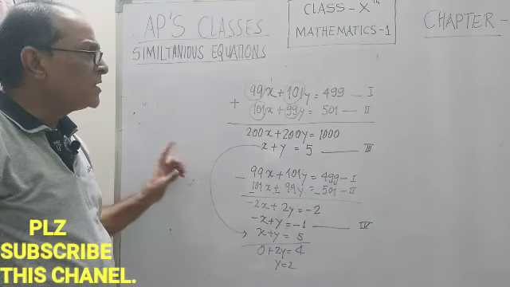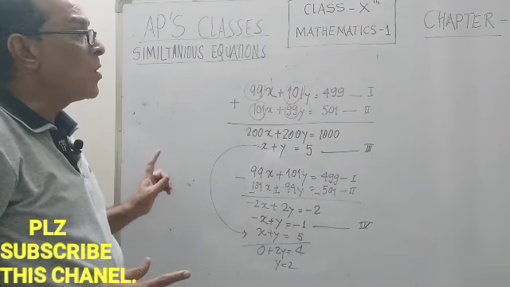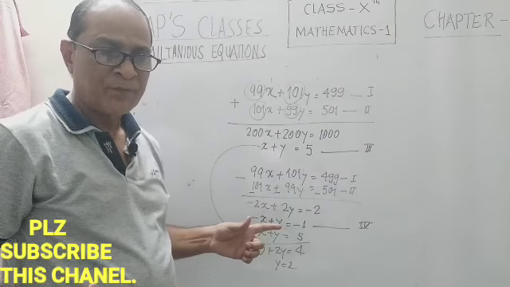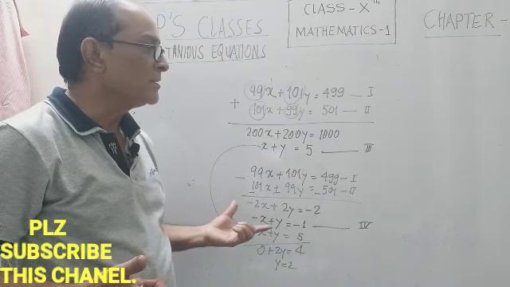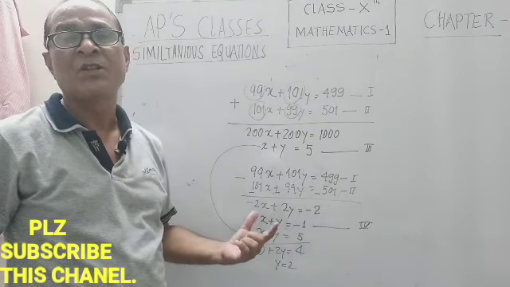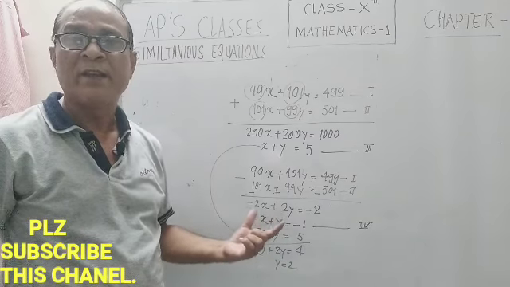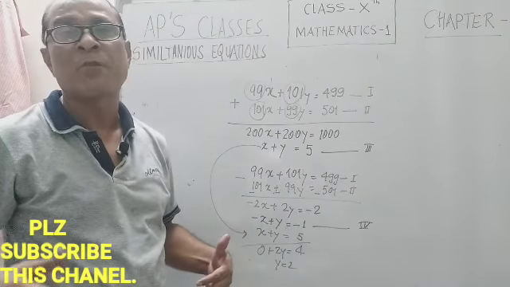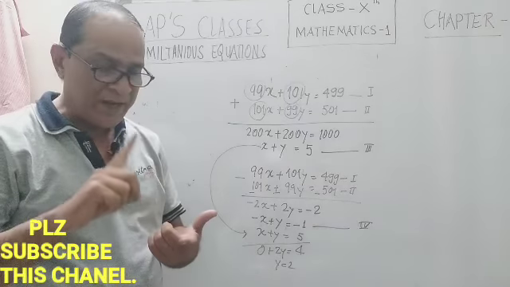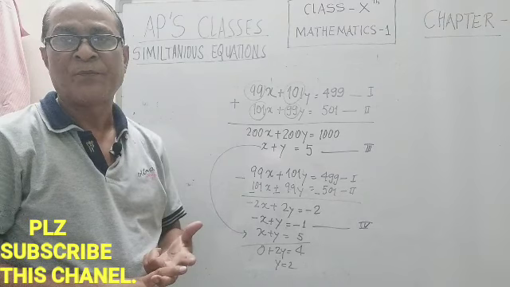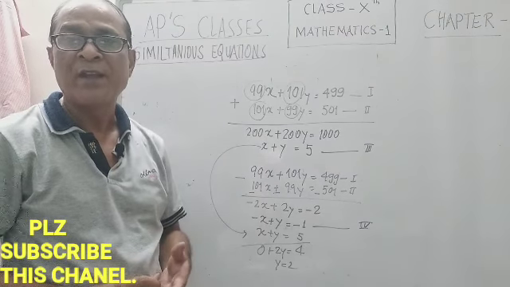So friends, all this we have already studied in standards 8 and 9. This was just to recollect how simultaneous linear equations in two variables have been solved so far, so that we can proceed to the next methods, that is the graphical method and Cramer's method. So that's all for today.